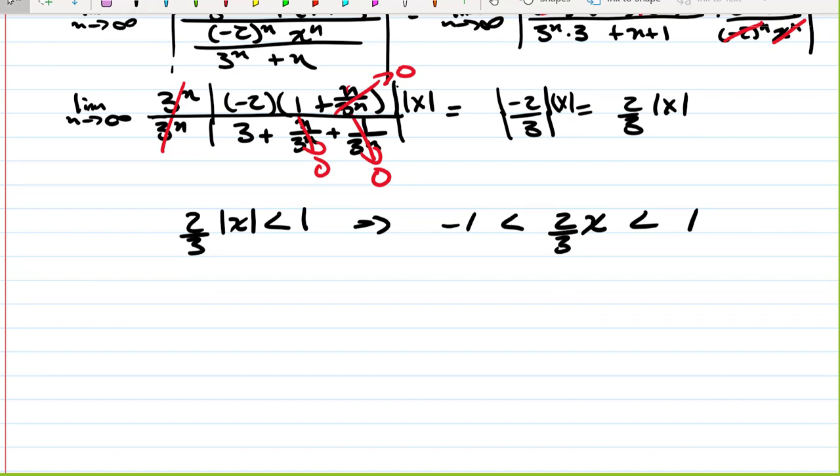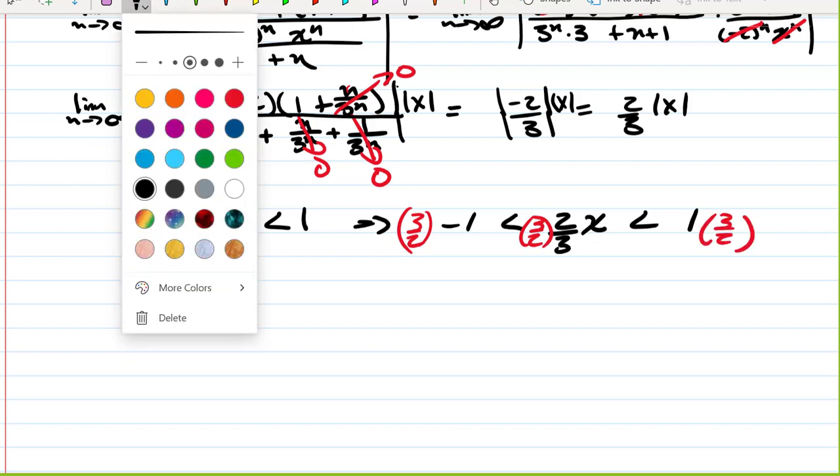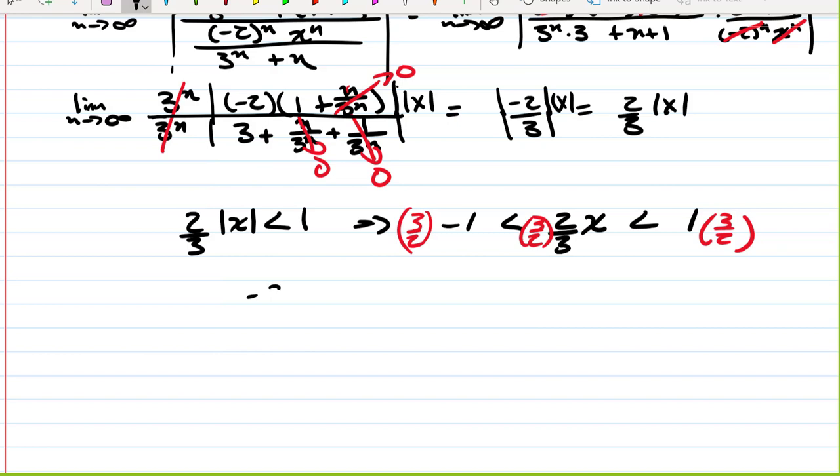So to isolate x, we multiply everything by 3 over 2, by 3 over 2 and by 3 over 2, and that gives us negative 3 over 2 is less than x is less than 3 over 2. So that gives us our interval, and then we would have to test the endpoints to get convergence